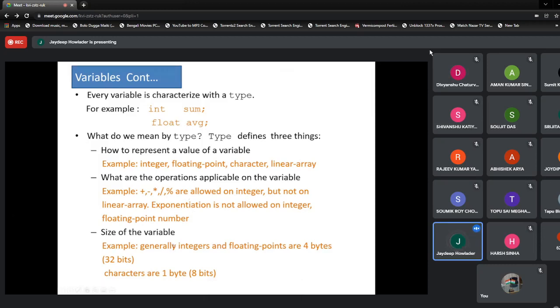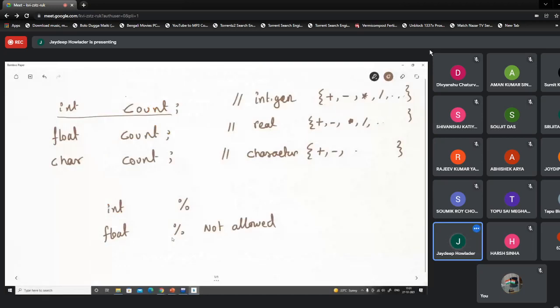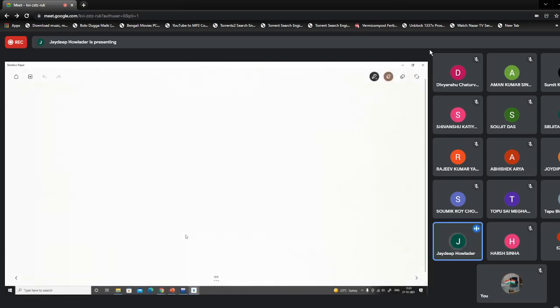The third thing is the size of the variables. The size of the variables and the representation of the data are also an important part of the type. To understand these things, let's say I have declared an integer x, and I have declared a character x. So they have the same variable names. x is an integer, x is a character. How does the compiler organize these things, and how will your machine act on this?